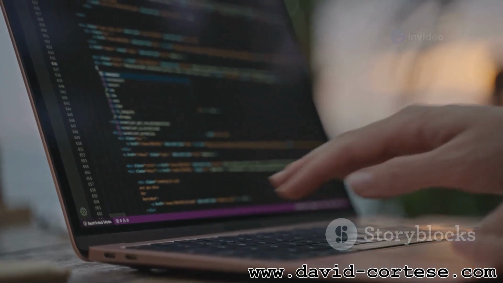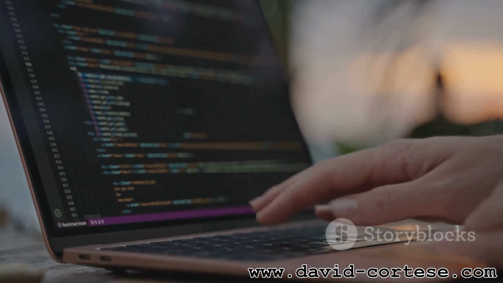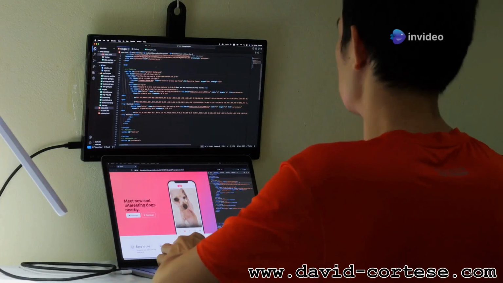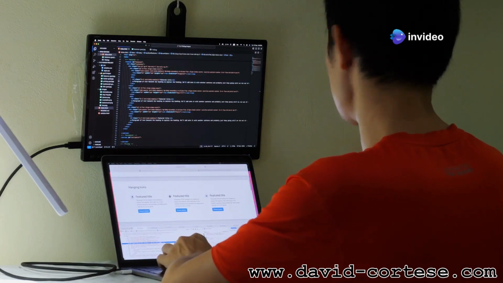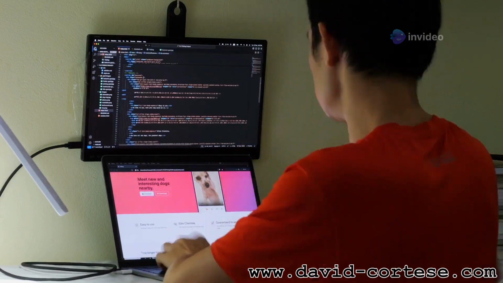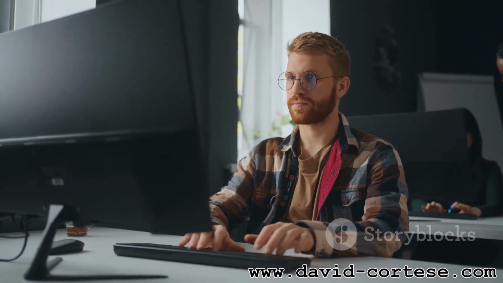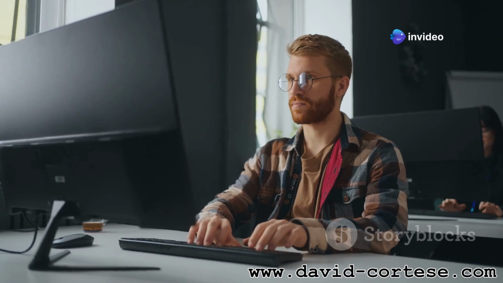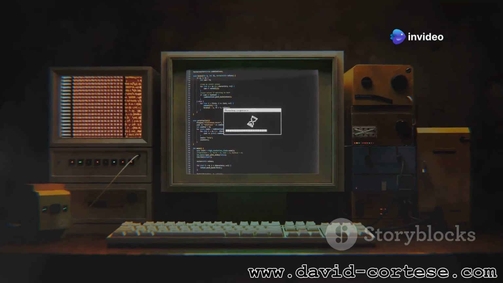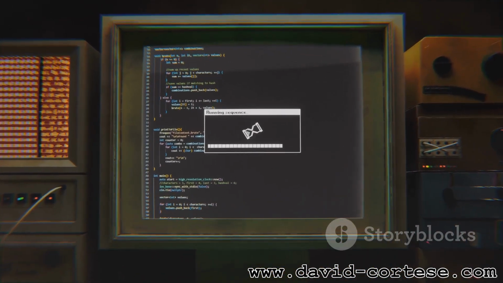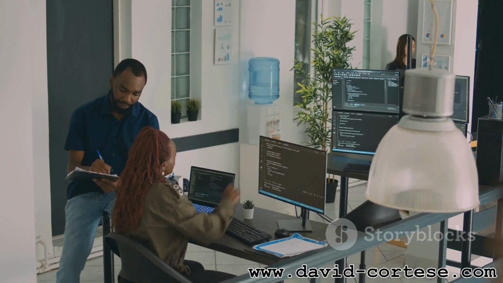CSS plays a vital role in responsive design, allowing you to create flexible layouts that adjust to different viewport sizes. Using media queries, you can apply different CSS rules based on the screen size, ensuring your website looks its best on any device. Here's an example of a CSS media query that applies different font sizes for mobile and desktop screens. @media (max-width: 768px) { body { font-size: 16px; } } @media (min-width: 769px) { body { font-size: 18px; } }